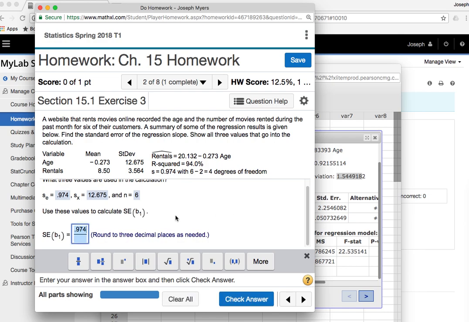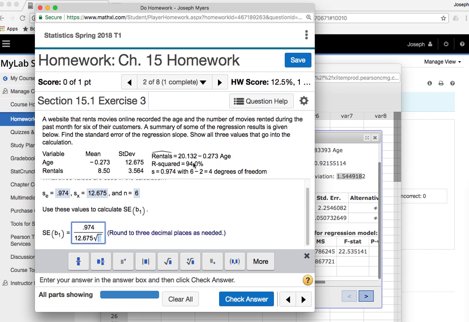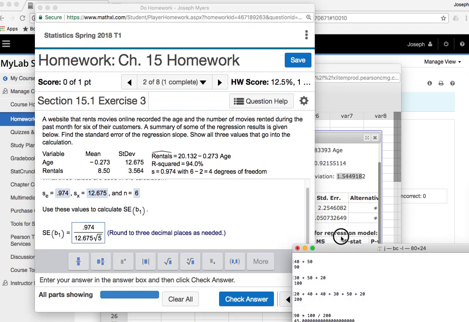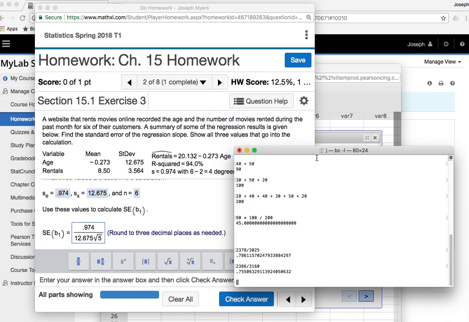0.974, divided by the standard deviation of the x variable, which would be 12.675, times the square root of n minus 1. So n is 6, so 6 minus 1 equals 5, and then I'll go ahead and calculate that. So 0.974